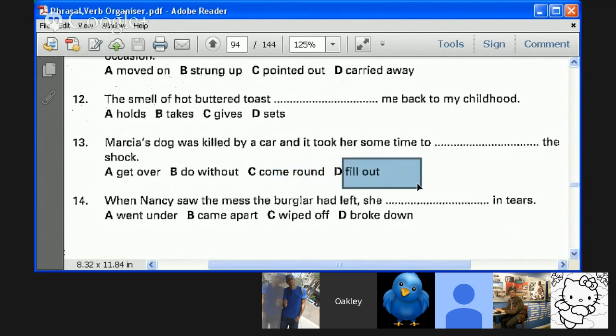Fill out. You can fill out a form with writing, meaning you fill out the whole form. Or to fill out can mean you gain weight. I'm starting to fill out around my waist. But in reality, when you say fill out, it's more like a young teenage boy or girl who comes into a normal adult size. They fill out. Perhaps they were too skinny. They become a normal size. If we're getting too fat, like myself, we don't normally actually use fill out.